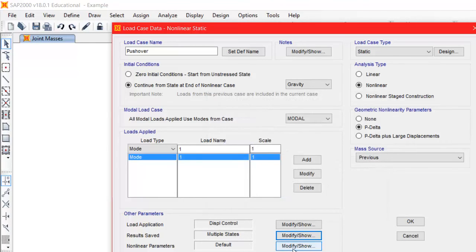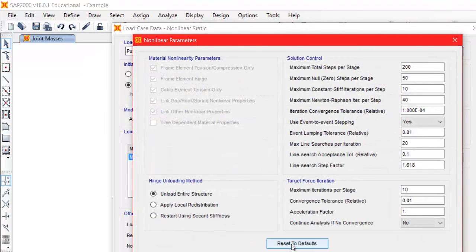Okay. Nonlinear parameters. This one, okay. So again, this has to do with the convergence. It's very important. You have lots of parameters. Most of the people they have no idea what's going on here. It's very important, particularly when you are solving nonlinear response history analysis. You need to play with those numbers in order to make convergence happen. So you tell it like when you are doing some kind of trials and iterations, like to reach convergence, how many steps do you say? Like it says like here, like I don't know, 200, or it says like the tolerance is like 10